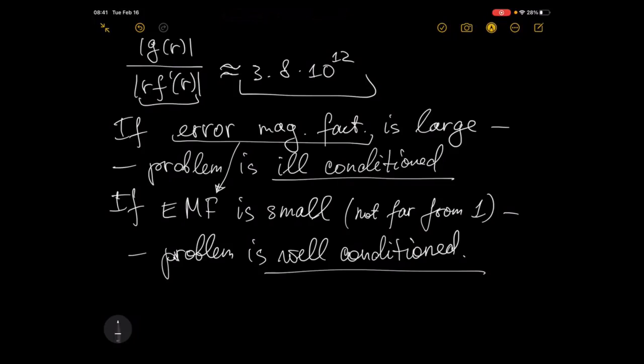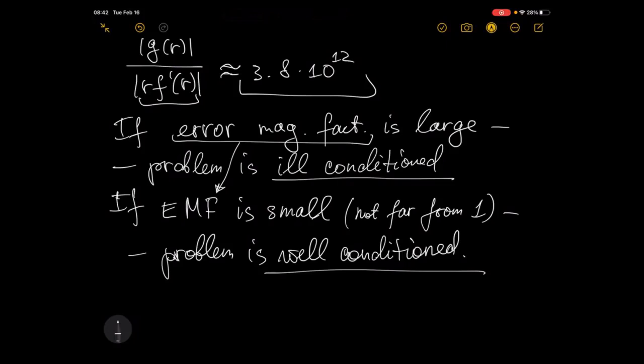From the other point of view, if your error magnification factor is, let's say, 10, you know that my relative error on input is 10 to the minus 3. So I'm losing 1 order of magnitude. So my error on the output will be of the order 10 to the minus 2, right? So if this accuracy is enough for you, then you could say that, okay, I can live with that. But the thing is that